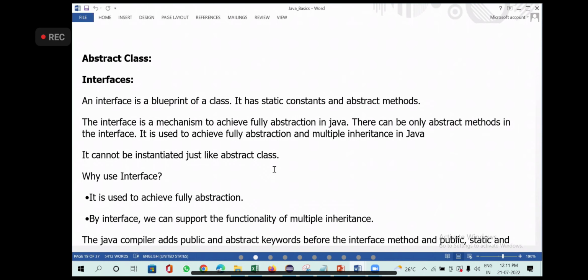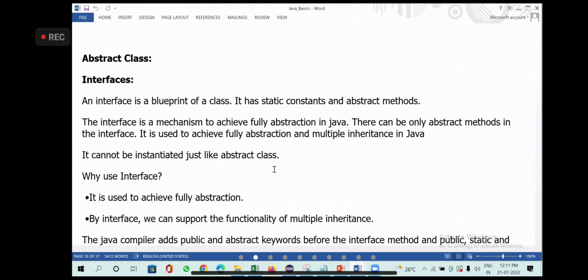I repeat, a class that extends an abstract class should provide a definition to the abstract method of the superclass.